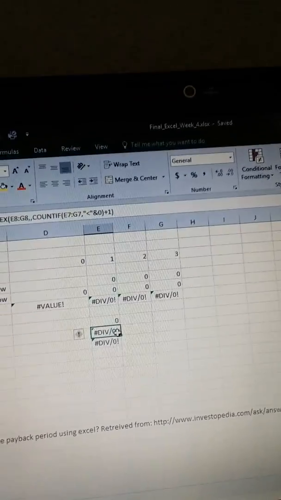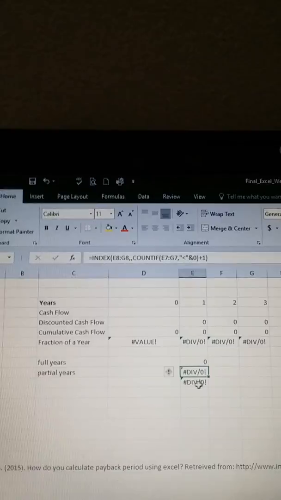But honestly, at this point, like I said, you can see your fraction of a year and the break-even point. So logically, you'd have your answer. But for the sake of the spreadsheet, we have that in there. And then this is just